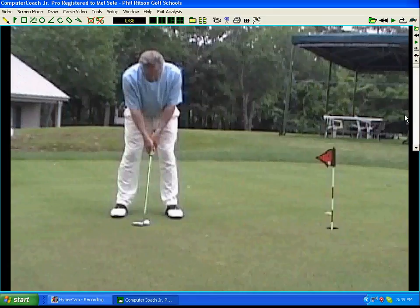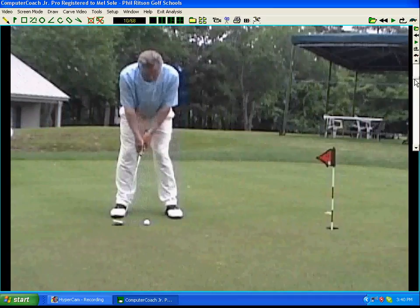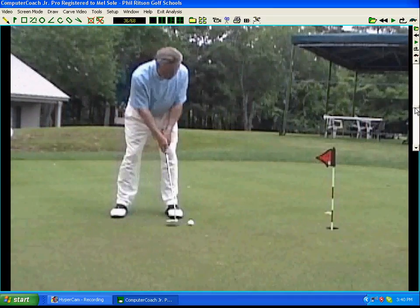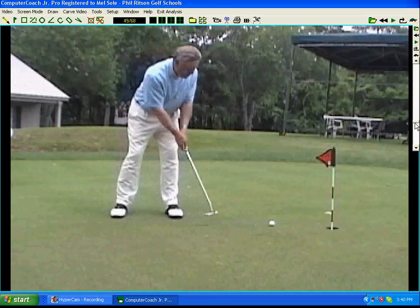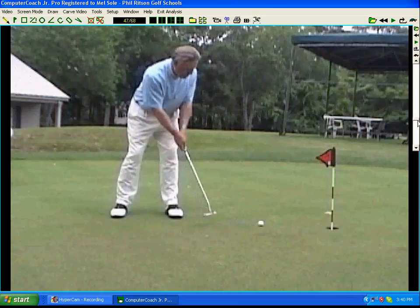My May golf tip is about putting, and one of the things that I see in almost every single student that comes through the school with putting is a lot of body movement. And I'm going to exaggerate a little bit here, but it's very common that I'll see some lower body movement, usually with the legs and hips a little bit back and a little bit through, and then coming through I'll also see some upper body movement going through like that. So even though I'm maybe exaggerating the head a little bit here, the lower body definitely is doing a lot